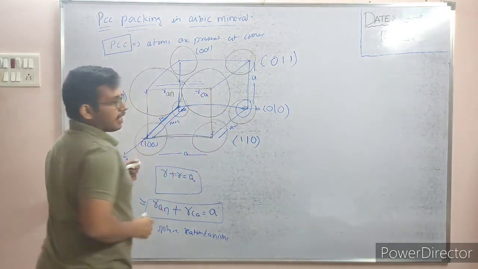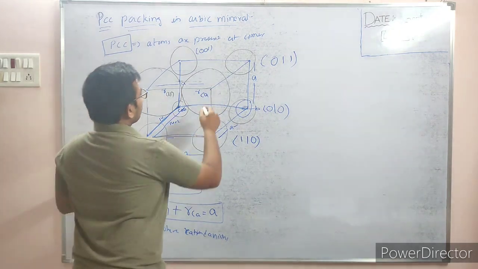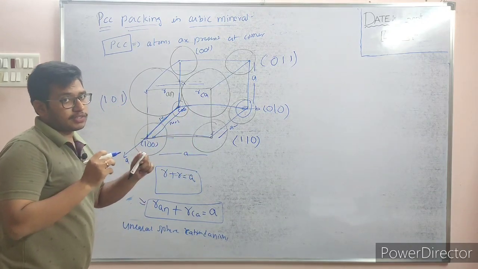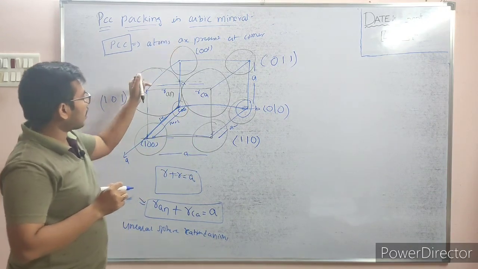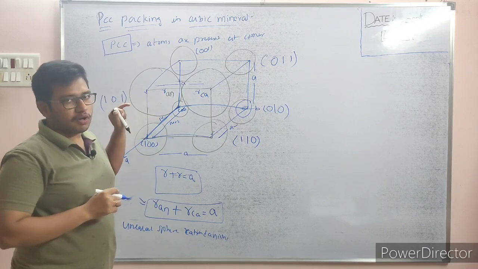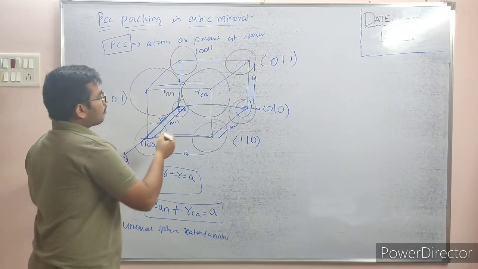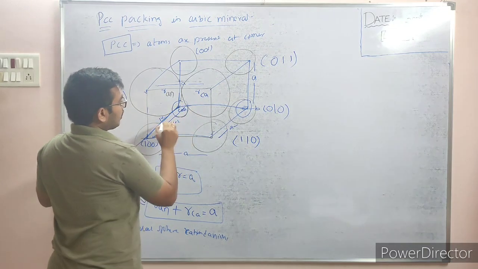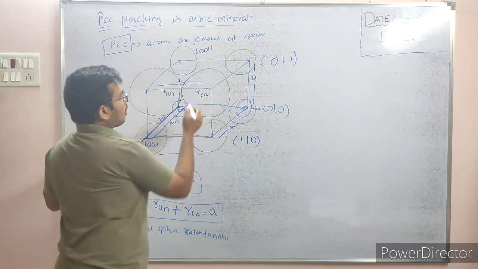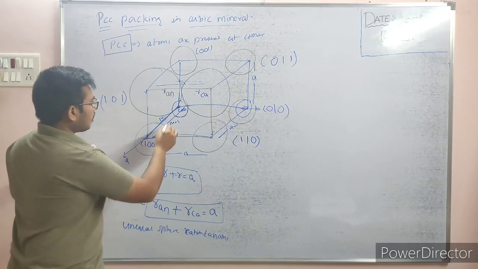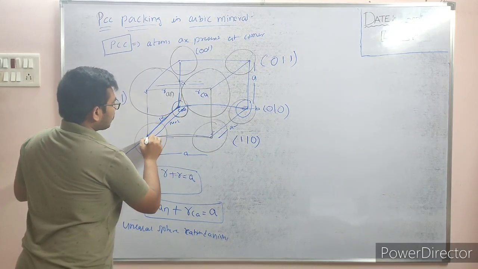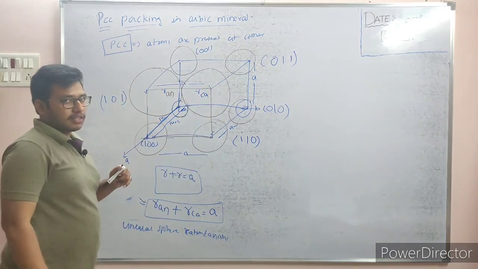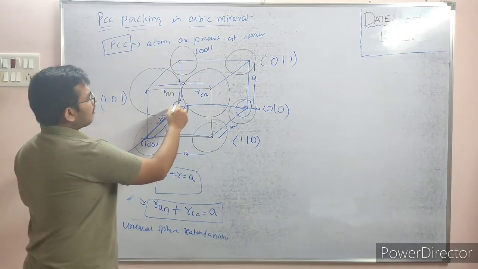Now this atom can be reached from the origin. You have to always measure from the origin only. Don't take from the top, don't take from the sideways. Always measure from the origin, first thing. Many of you make mistakes in that. So always measure from the origin, and from the origin to this point, how will it be reached? It is either travel along the a axis in one direction, and along b and along c you will get it. That is the simplest way. You can take any way.